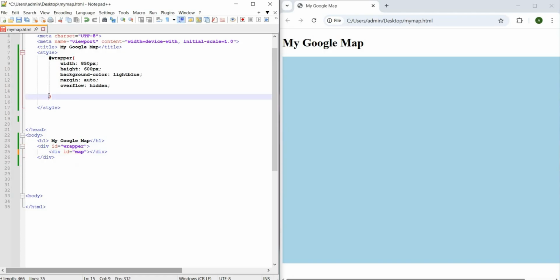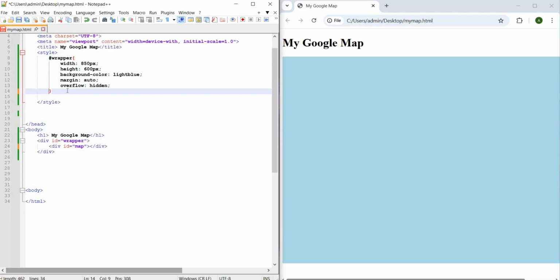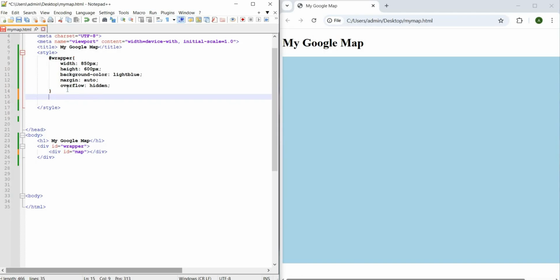Then we go to our style. Same process. Map. So let's put map here on style.